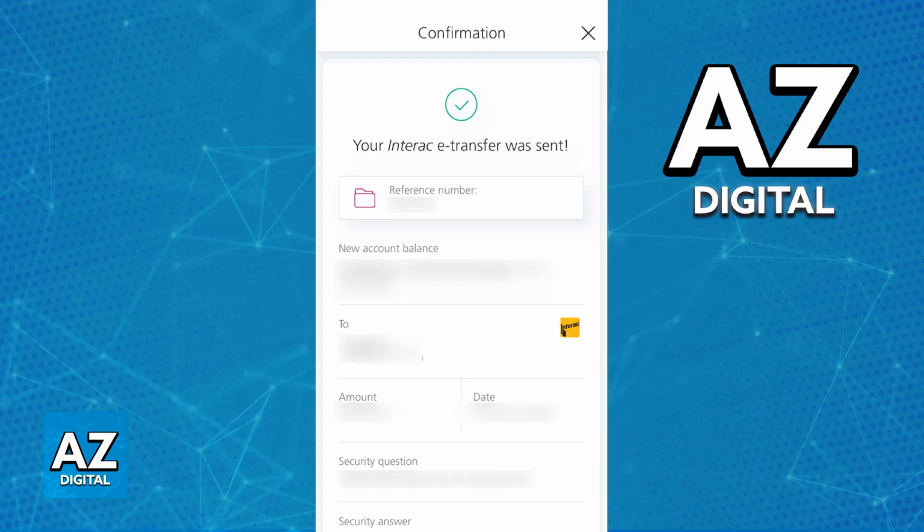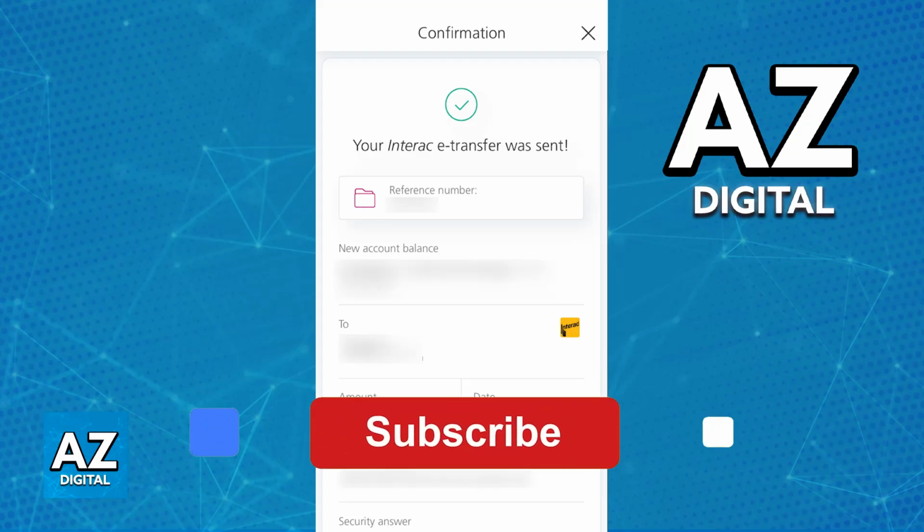Of course, you can opt for other options such as transferring funds and using the bank and account details, but this process can take a bit longer, and it is going to be more hassle than a simple Interac eTransfer. I hope I was able to help you on how to transfer money from Scotiabank to another bank.